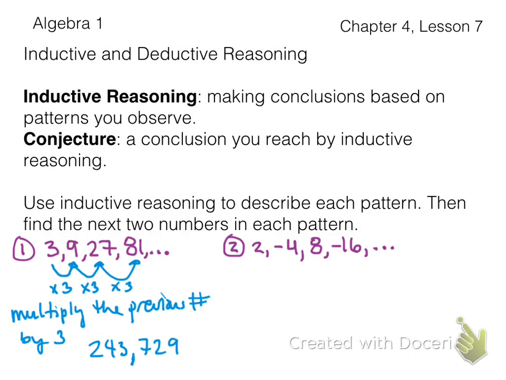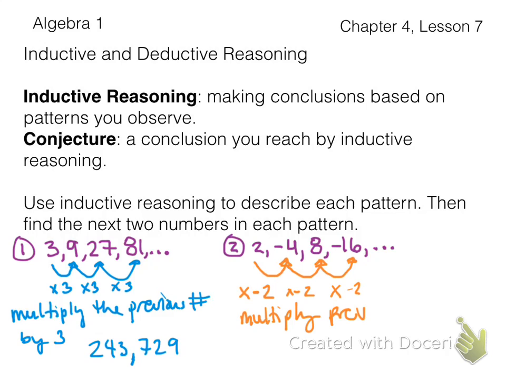Okay, next one we have 2, -4, 8, -16. Well, to get from here to here, we would have to multiply by 2. The only thing is we're going from positive to a negative, so maybe not necessarily multiply by 2, but multiply by -2. And that one is also a multiply by -2, and that one is a multiply by -2 as well. So I guess the pattern is,